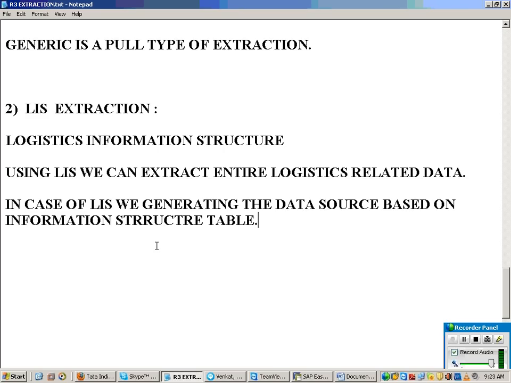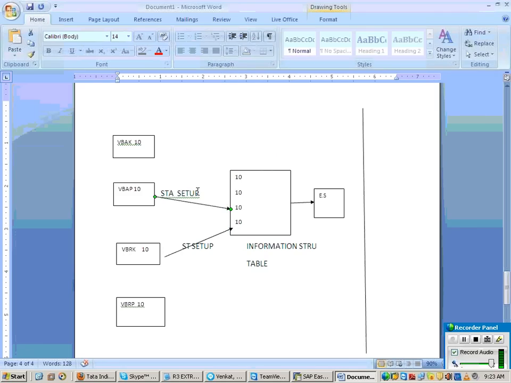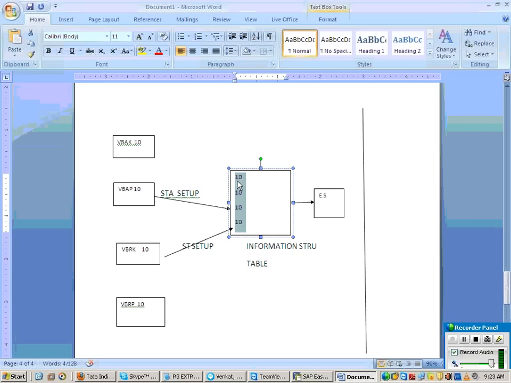But what is the problem here? If you observe, this statistical setup, as I said, with respect to the event, the entire order data is coming and storing into it. But let us say I want to extract only header data, or header and item.